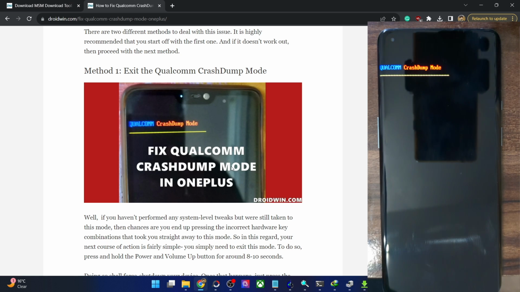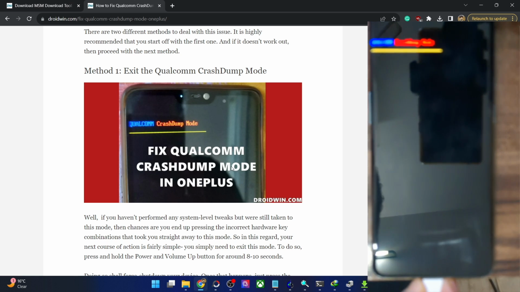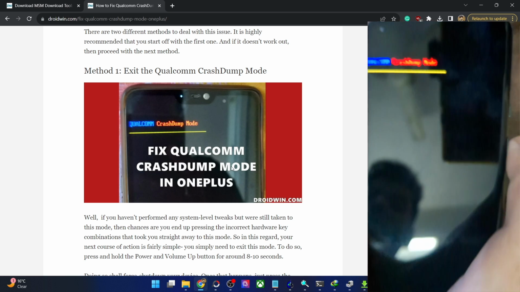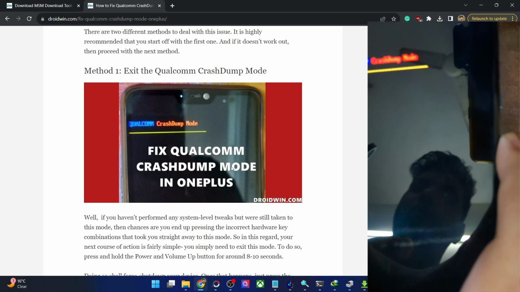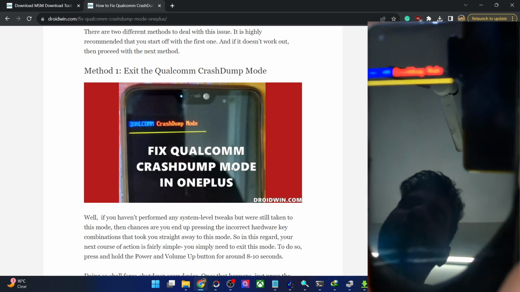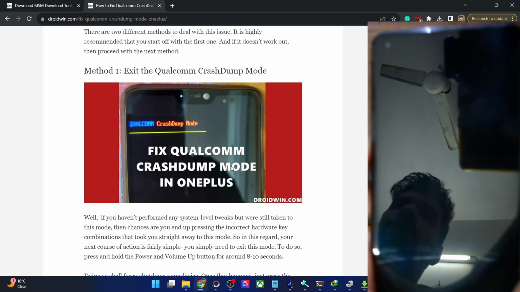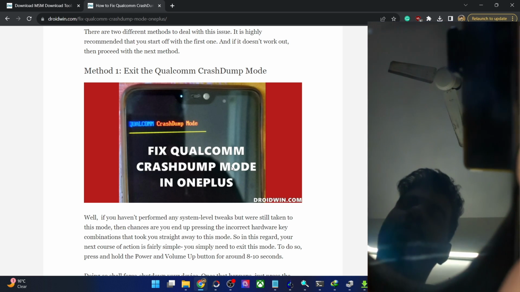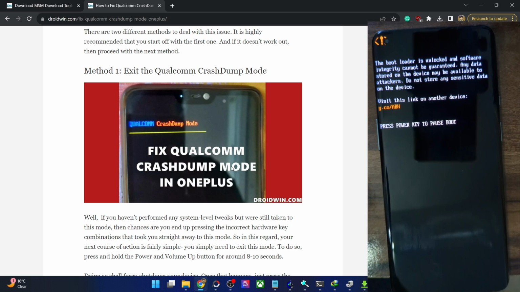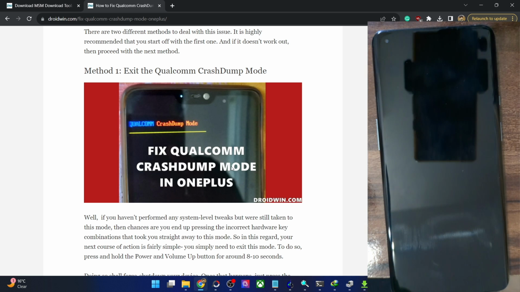In that case, all you have to do is first and foremost make sure to unplug your phone from the PC. Once that is done, your first course of action is to long press the power and volume up keys. So hold them for around 10 to 15 seconds and see if something happens or not. So the time frame is important, at least 15 to 20 seconds. Once your phone undergoes or powers off, leave the keys, and let's check out the result. If it boots to the fastboot mode or the recovery mode or the OS, any of the three modes will do. So let's see what happens in our case.